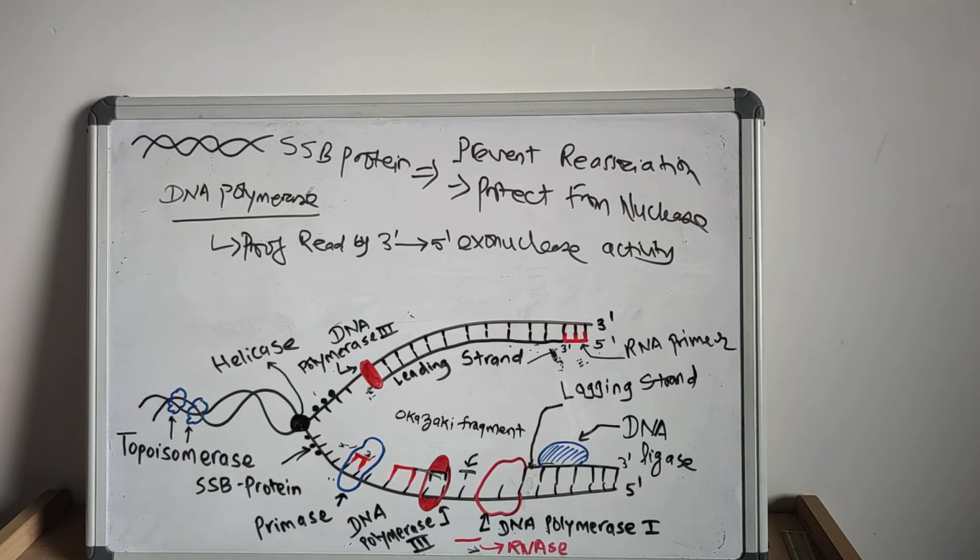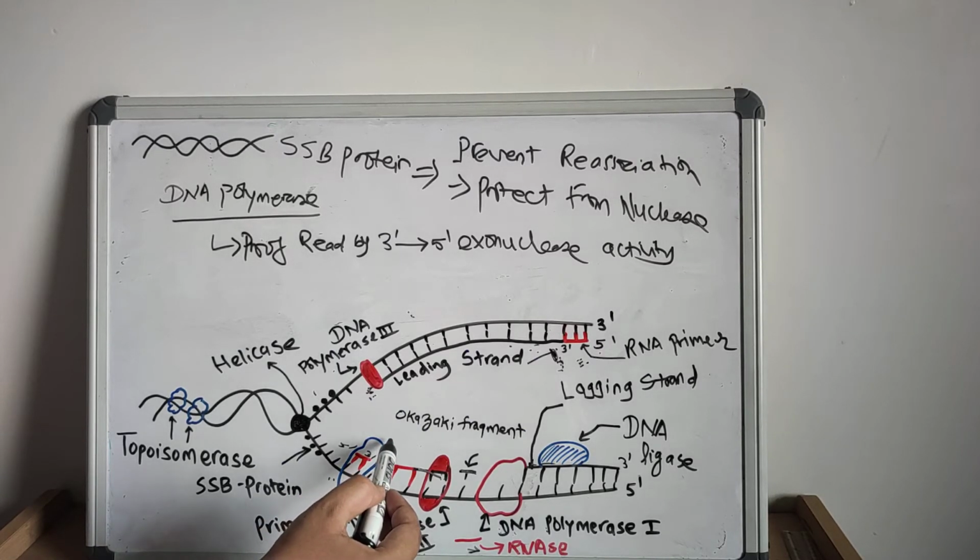If DNA polymerase makes a single mistake during DNA synthesis, the resulting unpaired bases at the 3' end of the growing strand are removed before synthesis continues. That is the very important picture here.